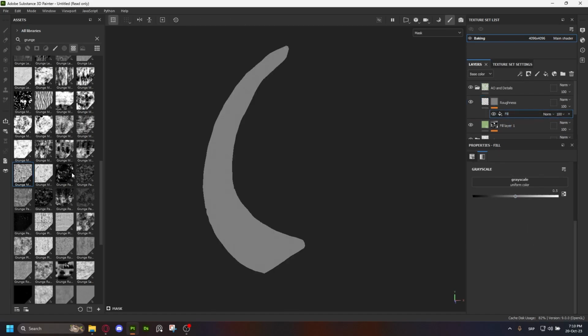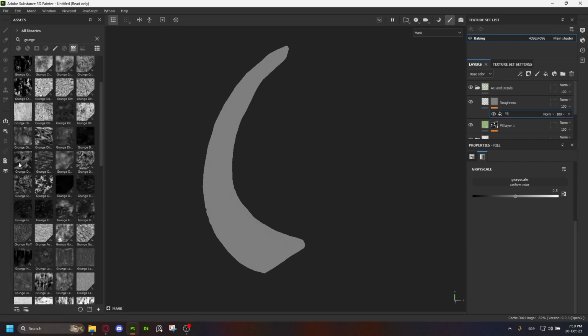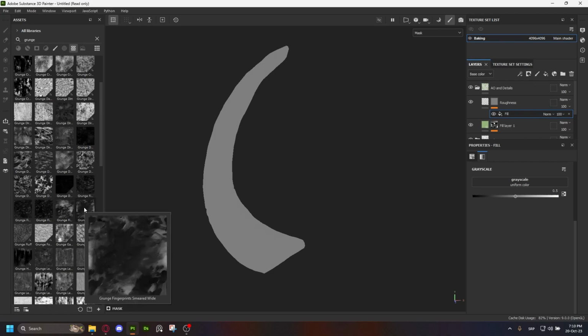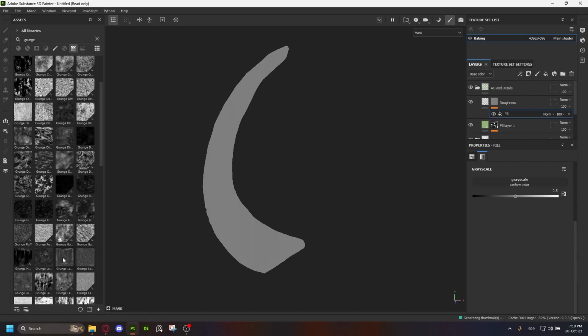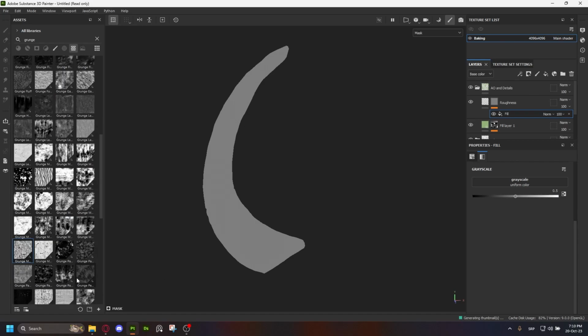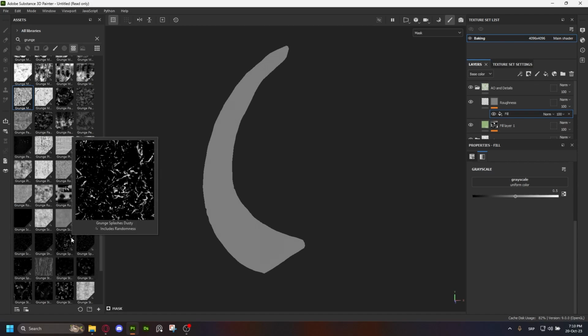And this fill layer should be some kind of grunge map. And I know I used a really good one once. If I can find it again, it would be amazing. So let's just scour through these. Of course, you can use whichever one you feel like. It's a completely normal thing. We're just doing this to add some sort of variation,